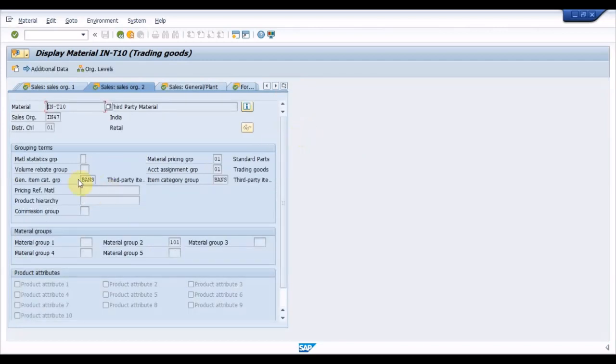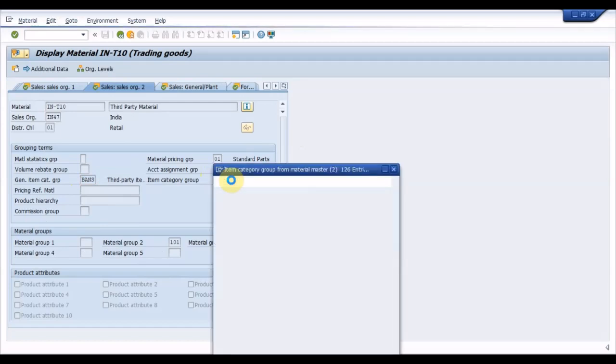Under the sales views, sales organization 2, item category should be BINS, that is third party sales.